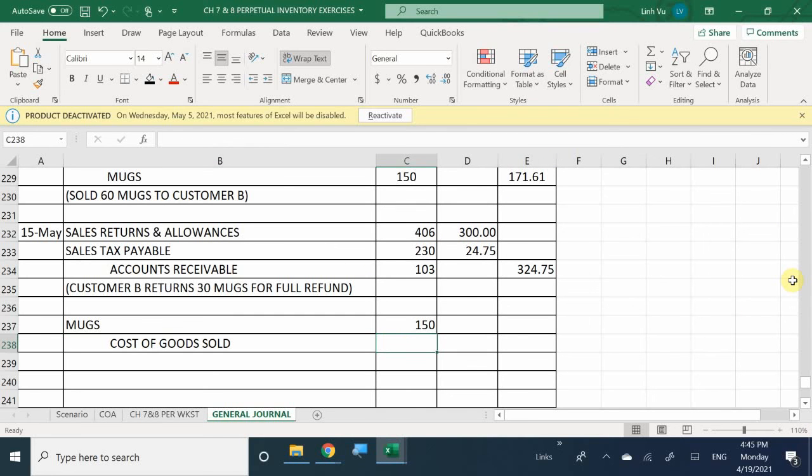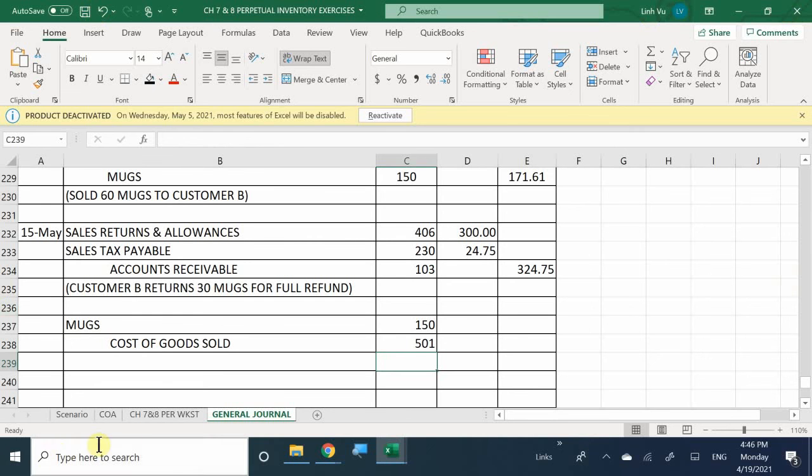Now, of course, in reality, you wouldn't do this because technically they touched the items. You don't know what they did with the cups. They could have used it and washed it and said, hey, I'm going to return it. We don't know what they did to it. So technically, what you would do is place it into a refurbished account. But in this case, we're just generalizing, and this is what you would typically do. You would just reverse that you sold it,